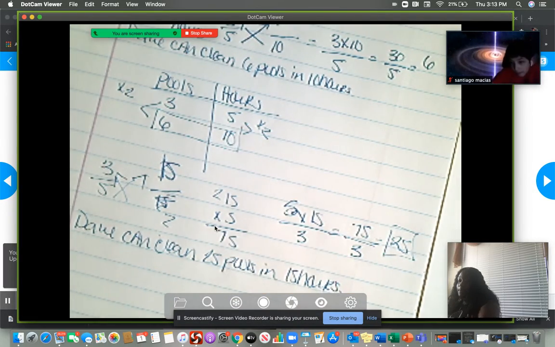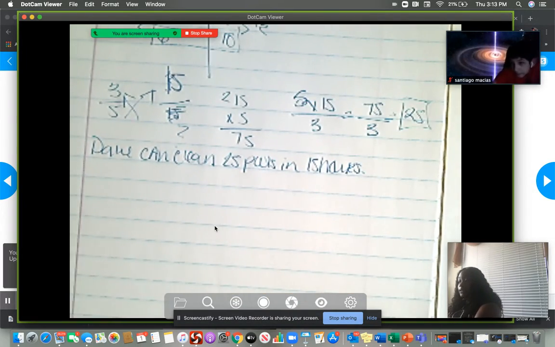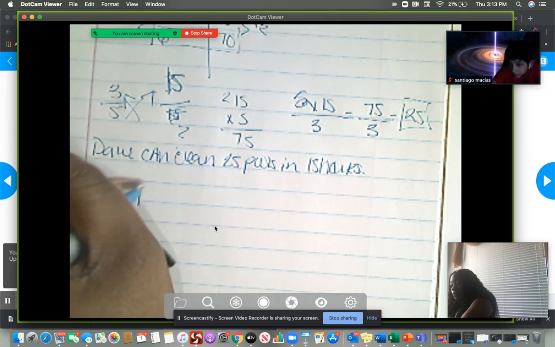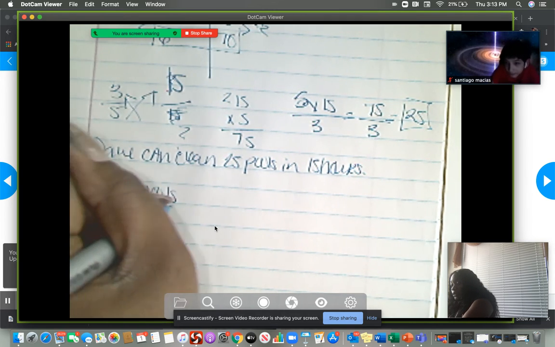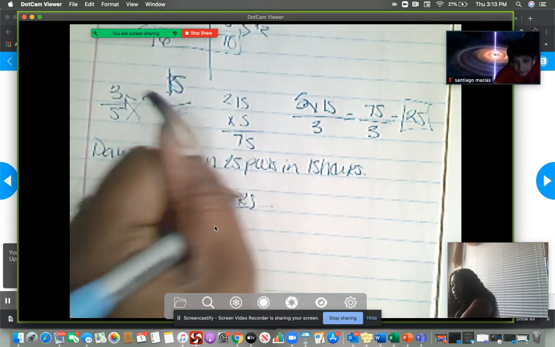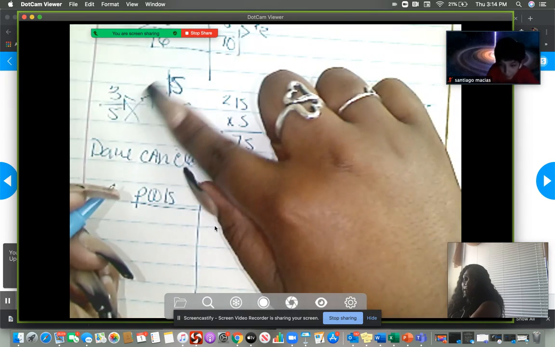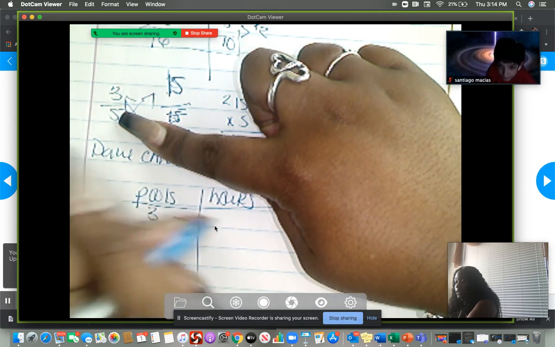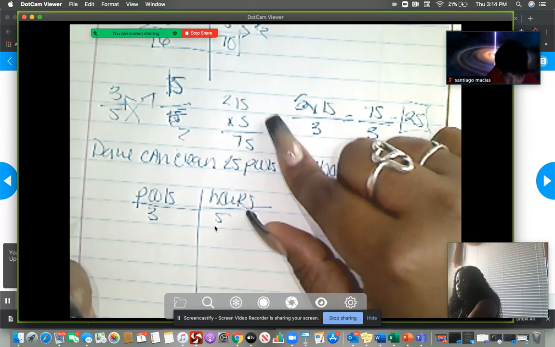Going back, I want to make sure that I'm checking my work. And so I'm going to set up my ratio table. We're going to do pools to hours. Initially, we know that he can clean 3 pools in 5 hours. We also found out that